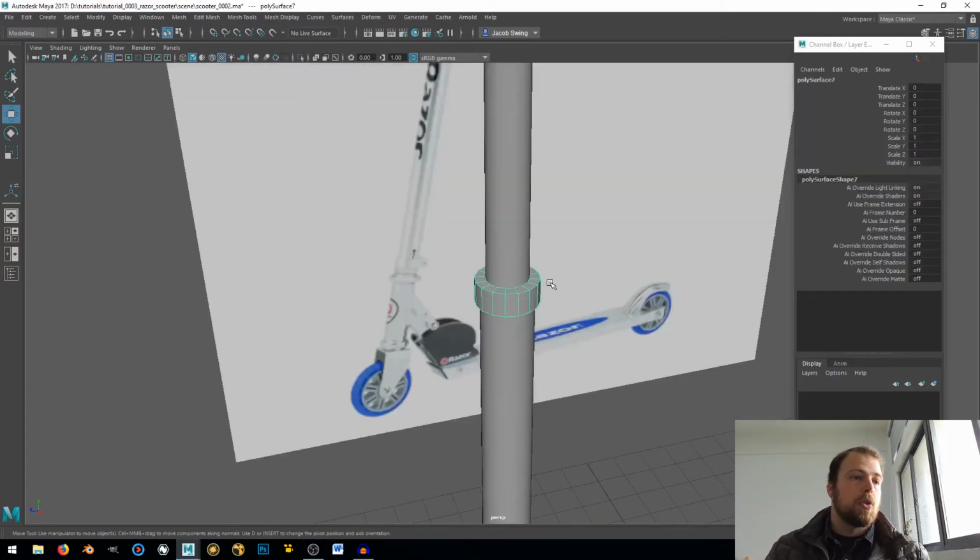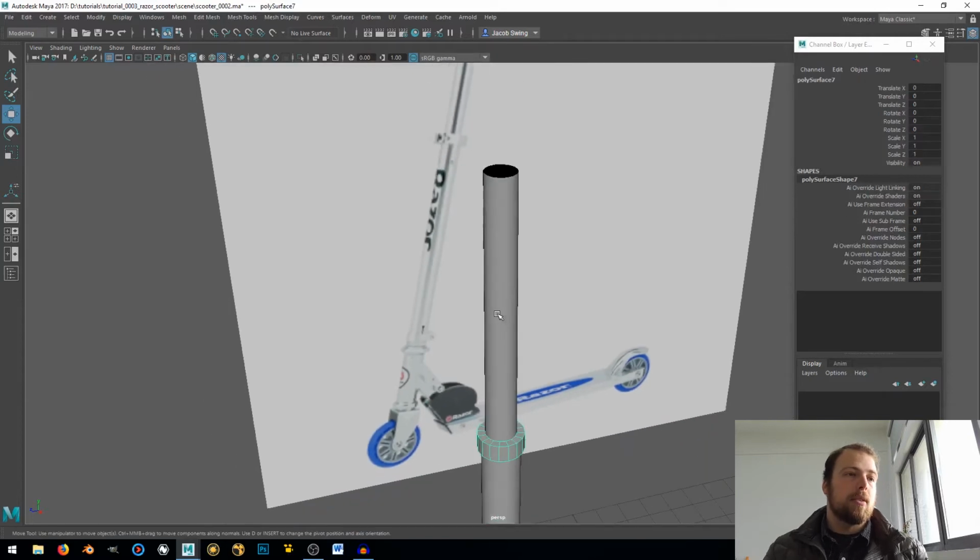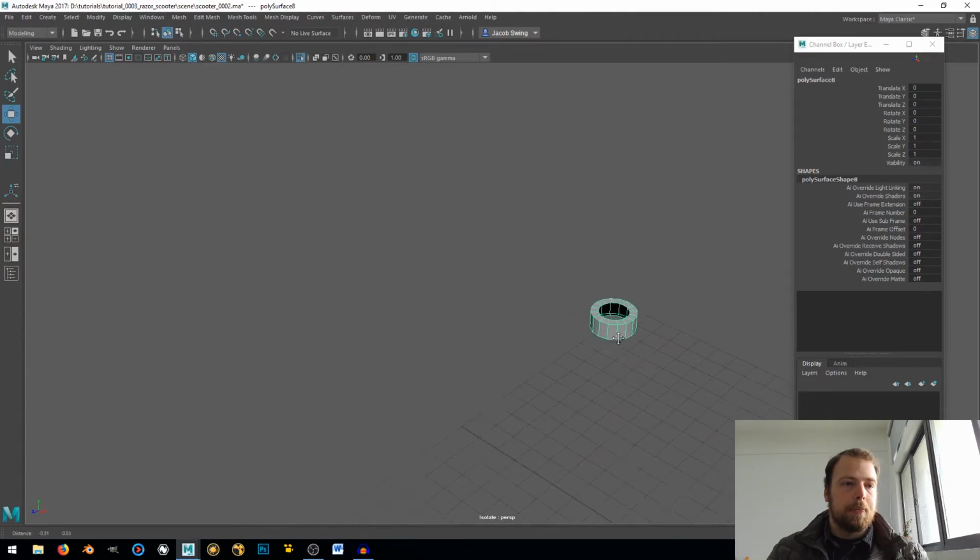Alright, so I'm going to break this up into 3 pieces and then I'll combine it in a second. One piece is going to be the outer clasp, one piece is the inner ring, and then one piece is this offshoot here. So I'm going to do Control D for duplicate one more time, solo that,